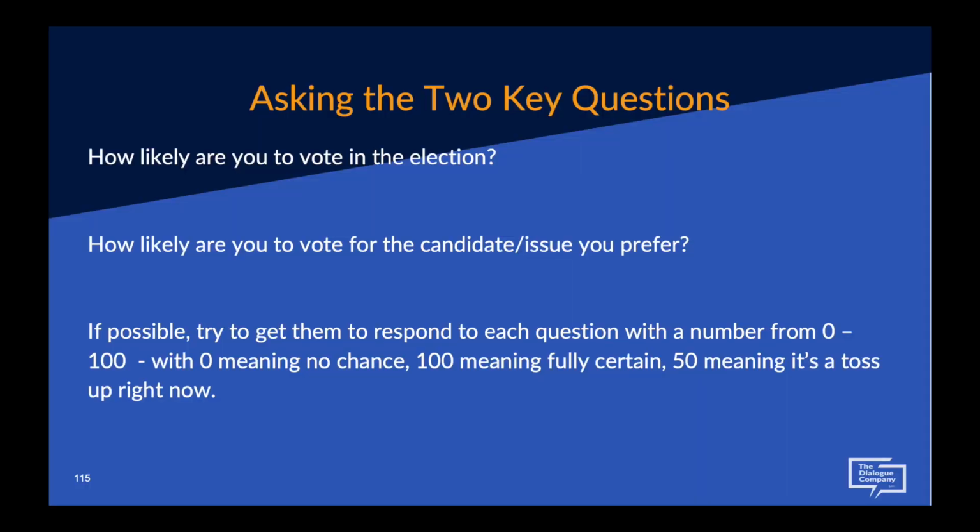Now, again, the lessons in this module presume you have identified somebody who is a left-leaning person who may or may not vote. Now, the way you determine that is you basically ask them two questions with three different categories of answers. So one question is, how likely are you to vote? Anywhere from unlikely to highly unlikely to maybe, maybe not, to highly likely or likely. And then you also ask, how likely are you to vote in a progressive direction? Either unlikely, highly unlikely, maybe, maybe not, or